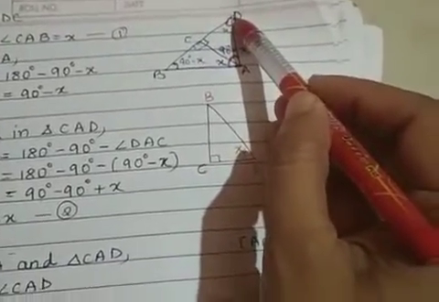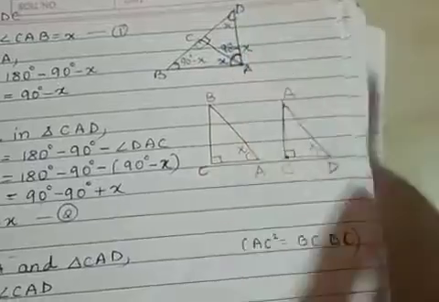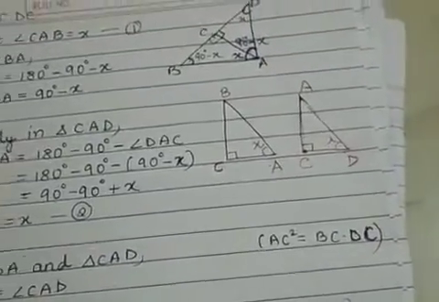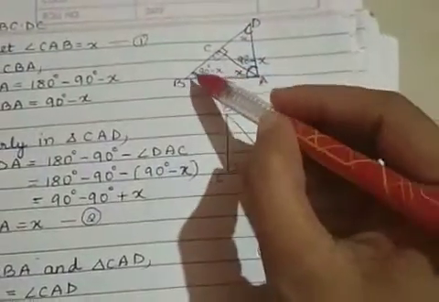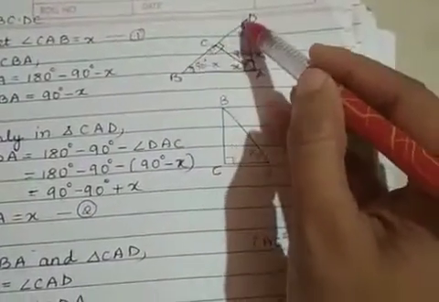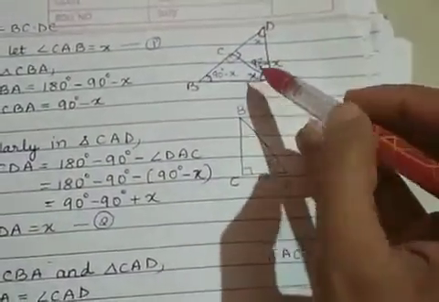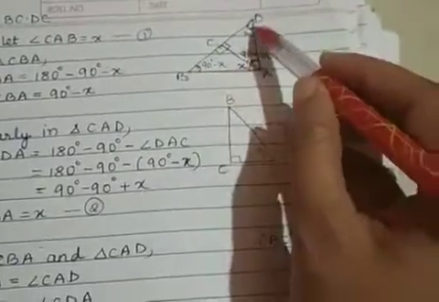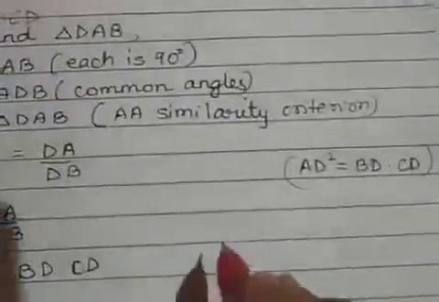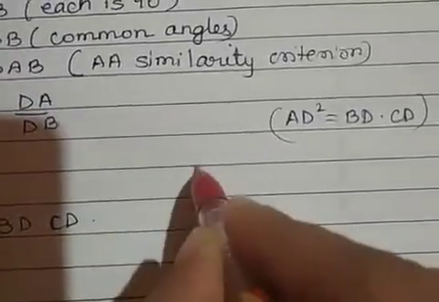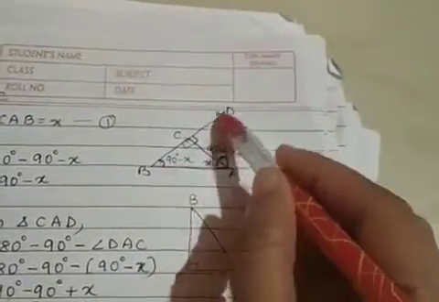So now you know you have to take one big triangle and one small triangle, correct? So which are they? So you have to show BD and CD, BD and CD. So one triangle is triangle DAB, correct? One is a big triangle, triangle DAB. So let us take that triangle, because in DAB you have BD, correct?